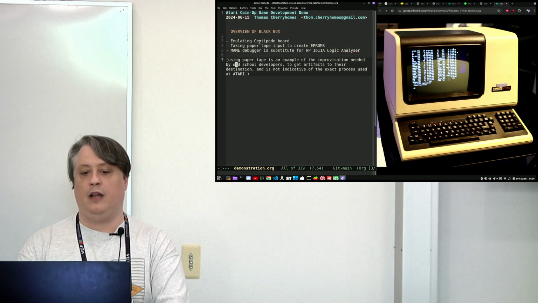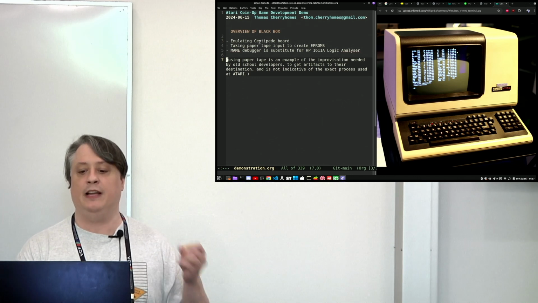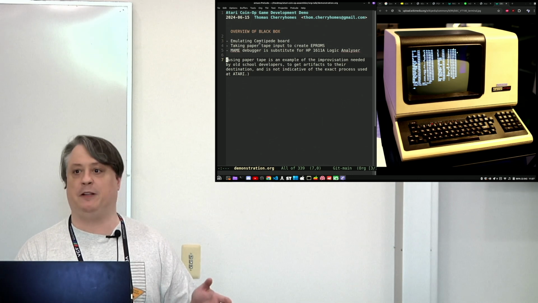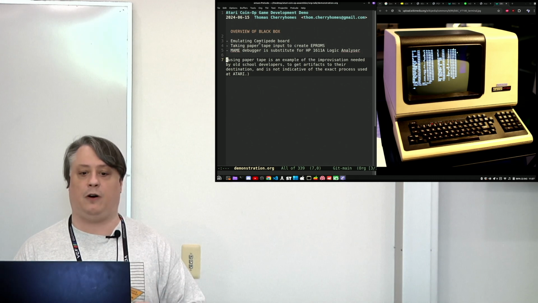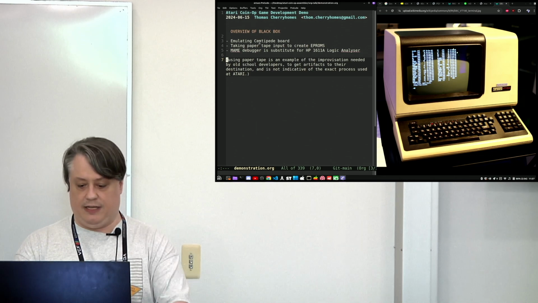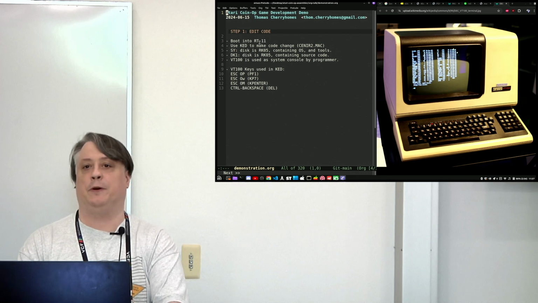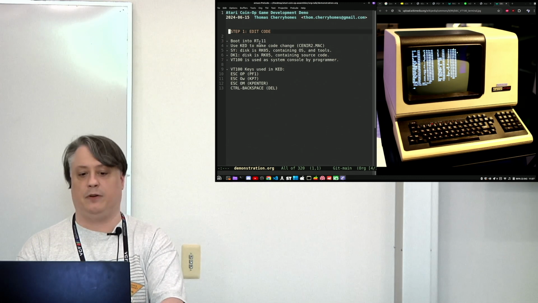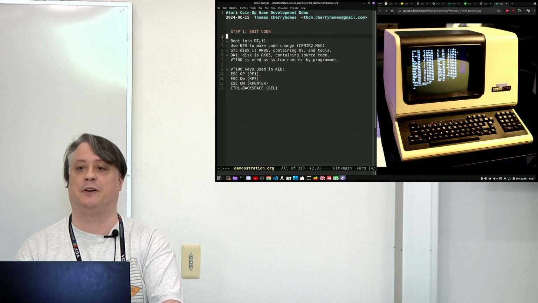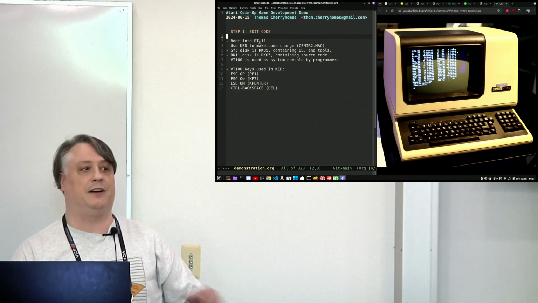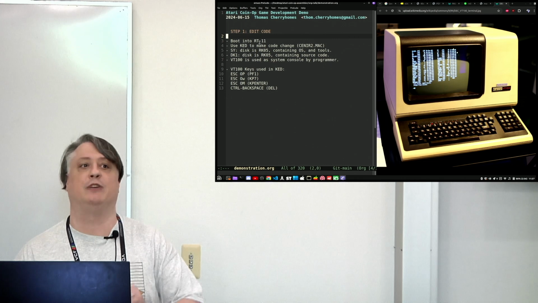I made a note here: using paper tape is an example of the improvisation that's needed by old school developers, because a lot of what we had to do here, they had to make their own tools for all this stuff to work. Just as an example, the assembler that we're going to be using is called Macro 65. It's called Macro 65 because what Atari Coin-Op literally did was they took the Macro 11 assembler that was normally used to write PDP-11 software, and they transmogrified it